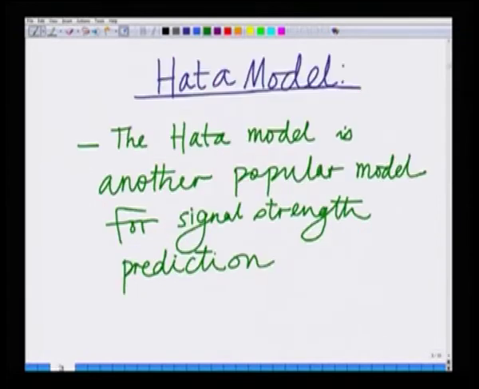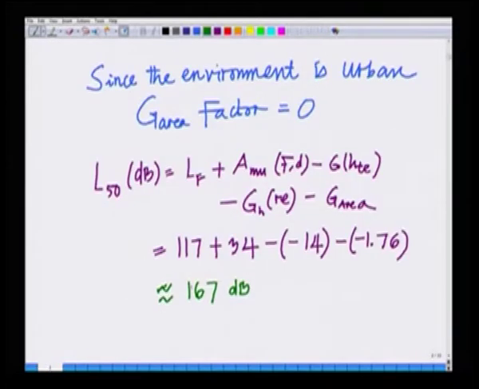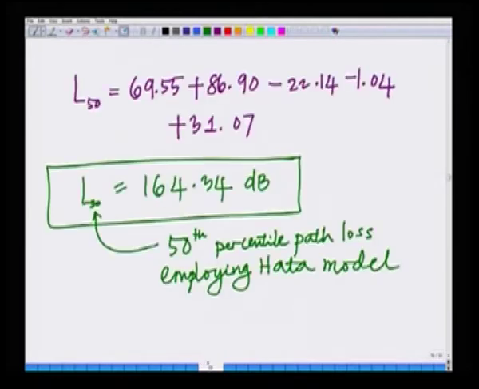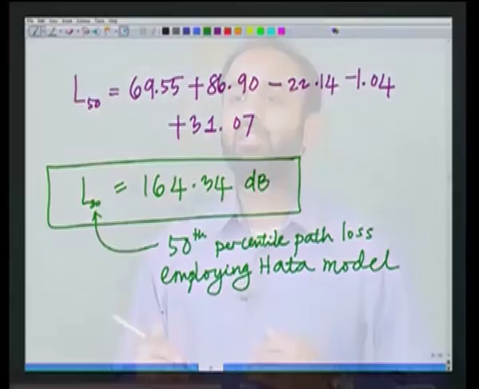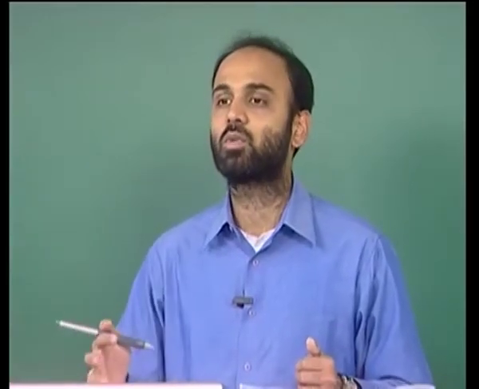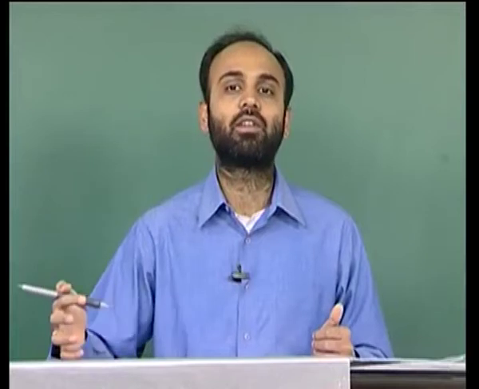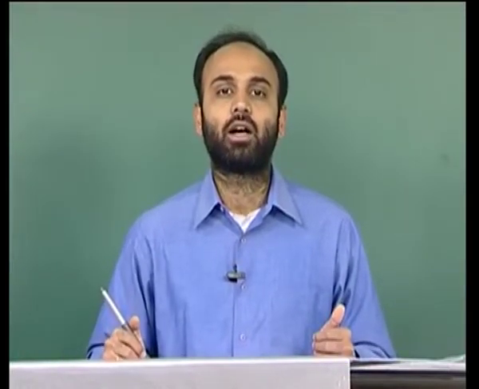If you remember, if you go back to the path loss employing the Okumura model, that is about 167 dB, and now we are saying in the Hata model, that is about 164 dB. Hence, these values are approximately close, about a difference of a dB or 2. Hence, the Hata model and Okumura model essentially give the same signal strength predictions. All right. So, these can essentially be used, but the advantage of the Hata model is that it does not need the use of any graphical information like the plots that were used in the Okumura model. By using these expressions, one can succinctly characterize the path loss at a given distance,